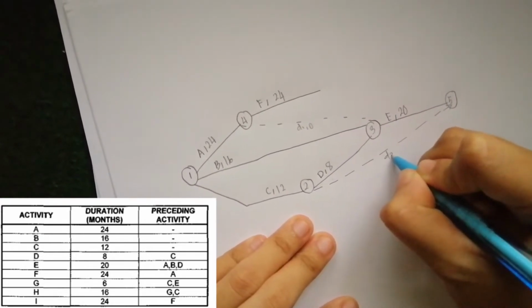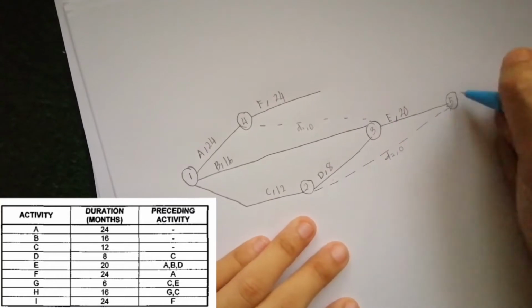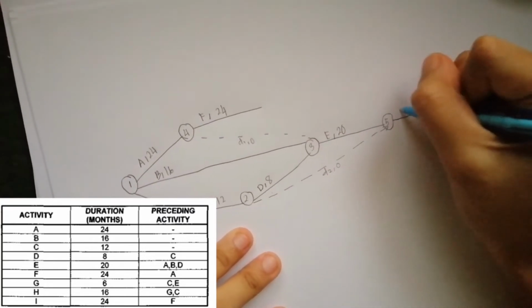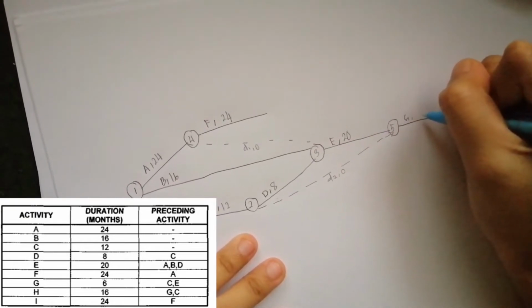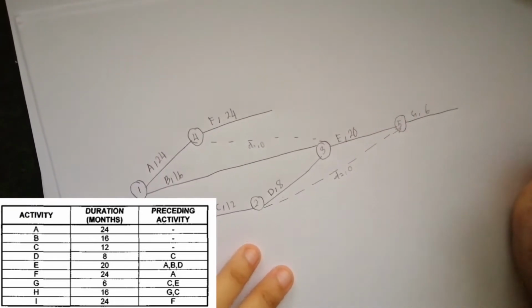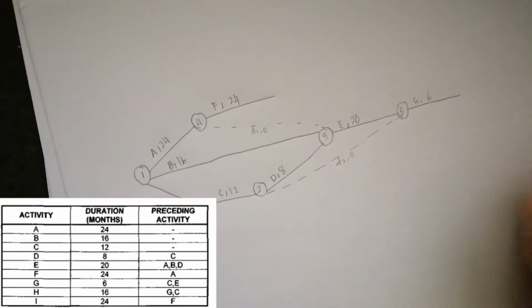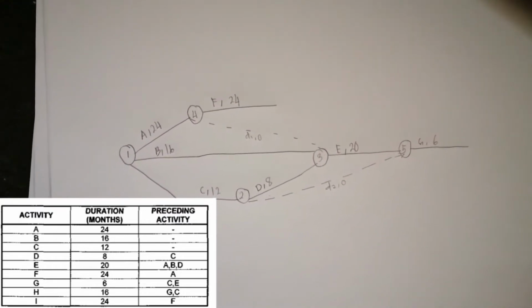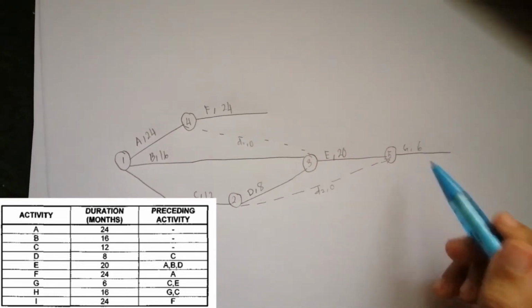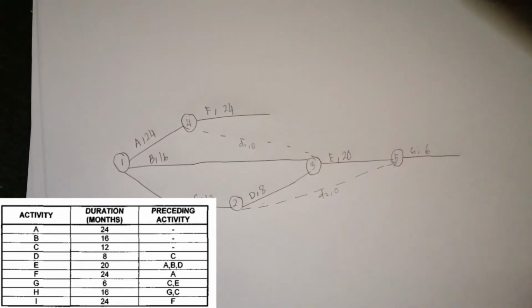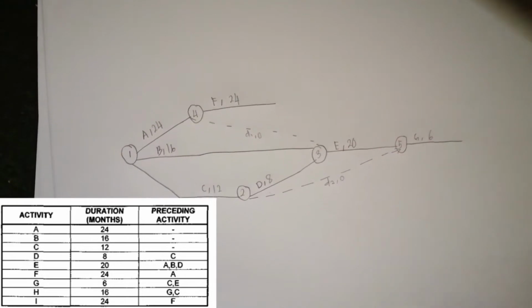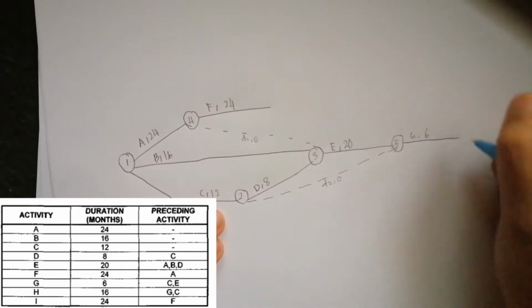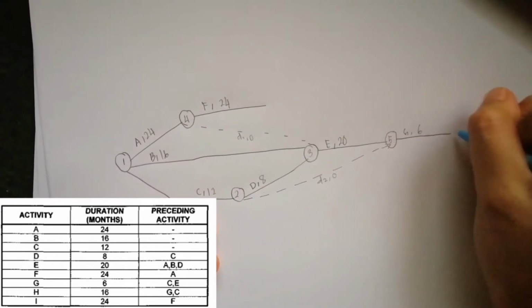So this is a second dummy, and the duration is 0. And draw the line for G, and the duration is 6 months. Okay, next for H, there are 2 preceding activities which come from G and C. So for this, we also use a dummy activity. So we put the number first, number 6,